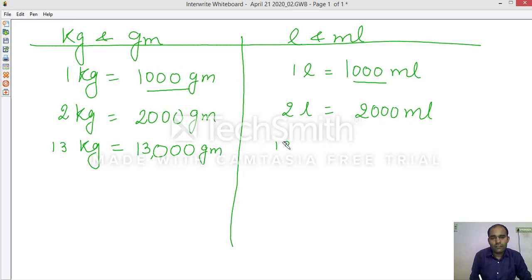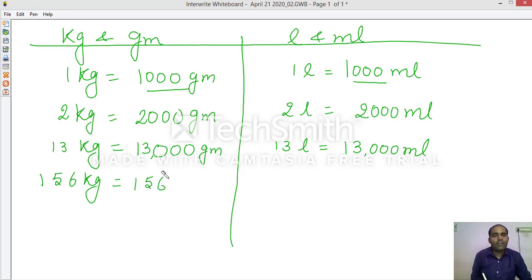Same here. 13 liter equals 13,000 milliliter. How many zeros? 13 will come as it is, and you need to add only 3 zeros. If I take another example of 156 kilogram, 156 will come as it is, and how many zeros will there be if you want to change it into gram? 3 zeros. Now read this: ones, tens, 100, 1000, 10,000, lakh,